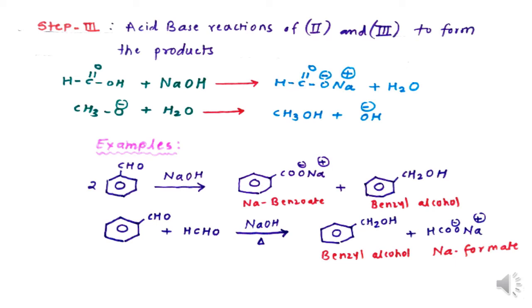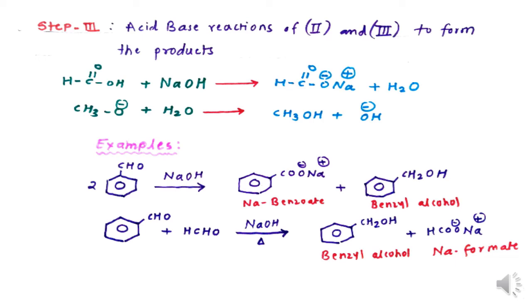There are some examples of the Cannizzaro reaction. Now the aldehyde here lacks the alpha hydrogen. So aldehydes lacking alpha hydrogens can undergo the Cannizzaro reaction. Now in this example, there is benzaldehyde which lacks the alpha hydrogen. It can undergo the Cannizzaro reaction in the presence of sodium hydroxide. So the products we get here are sodium benzoate, that is the sodium salt of benzoic acid, plus benzyl alcohol.